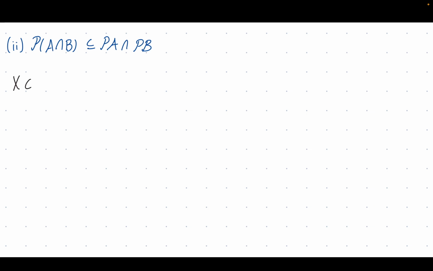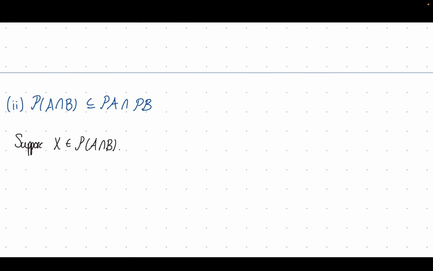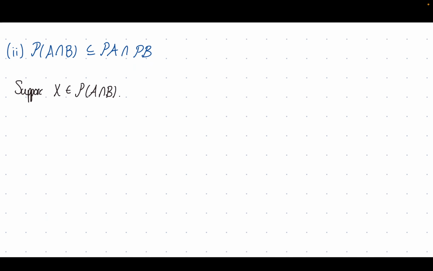So again, let's suppose big X is in the power set of A intersect B. Okay, just double checking, not proving the same thing twice. Then, by definition, X has to be a subset of A intersect B. And thus, for all little x in big X, little x is in A intersect B,